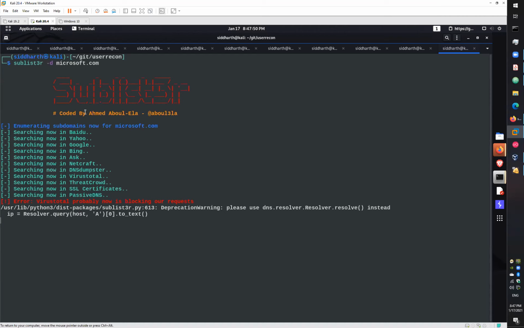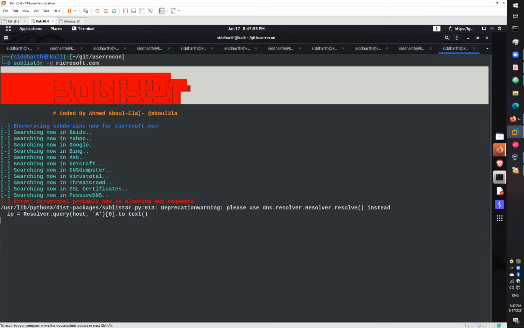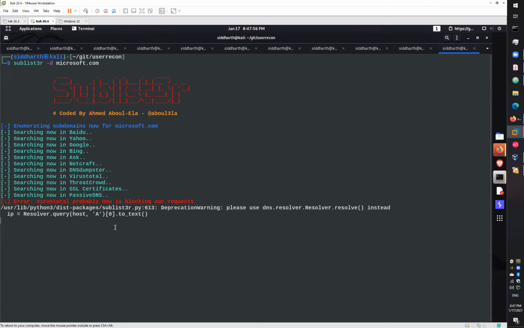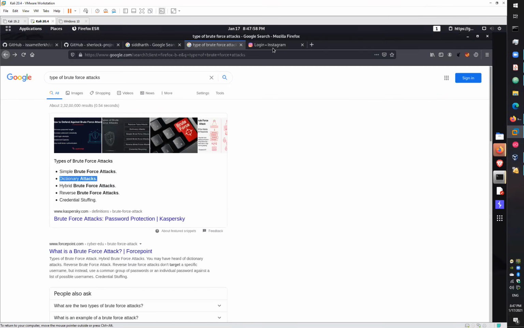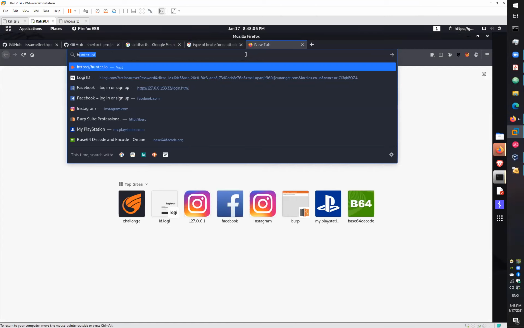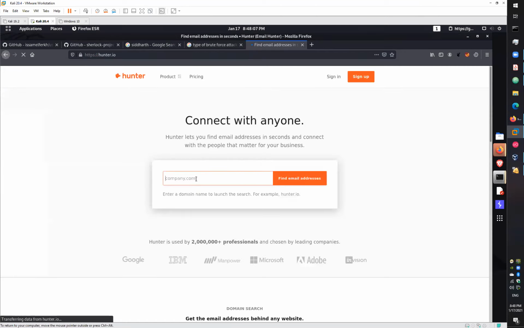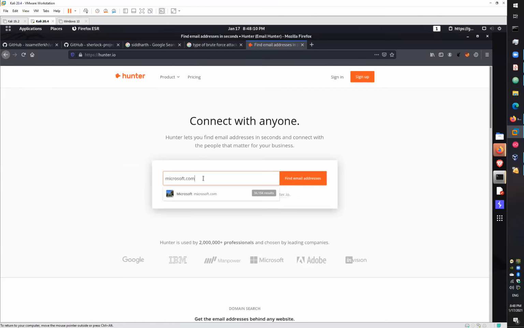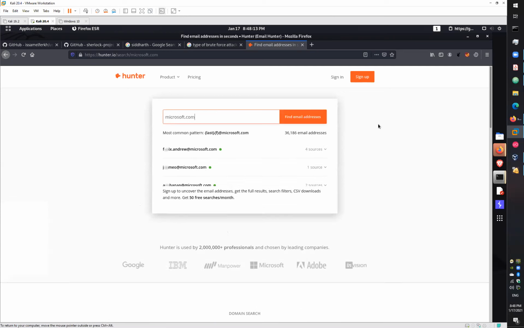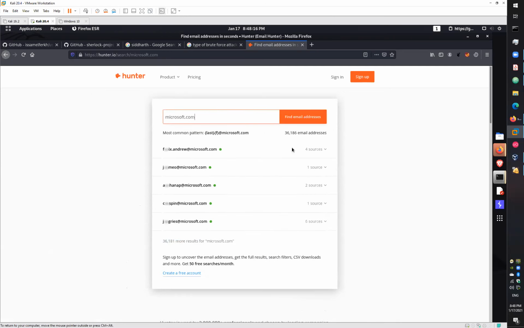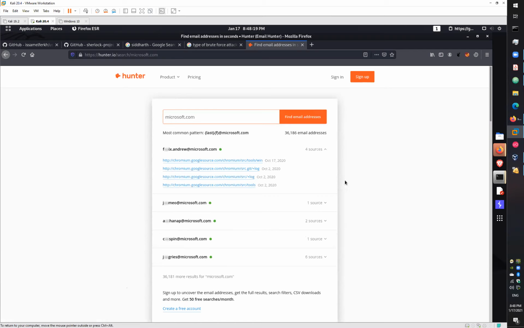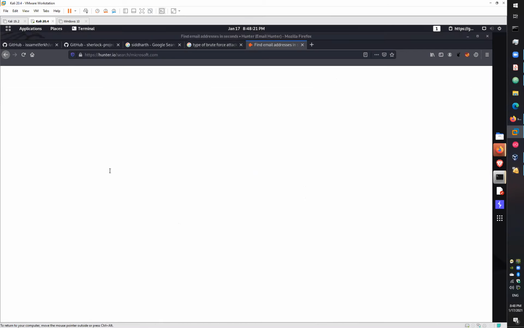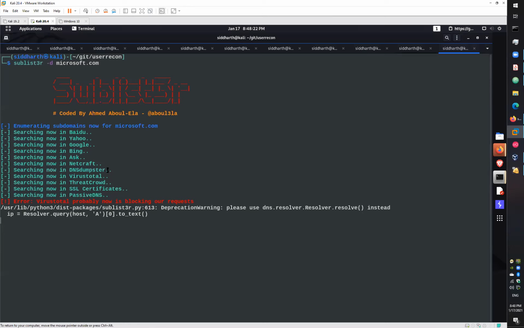So to know the subdomains in that particular domain, you can use this tool, Sublister. It will take some time, I think.